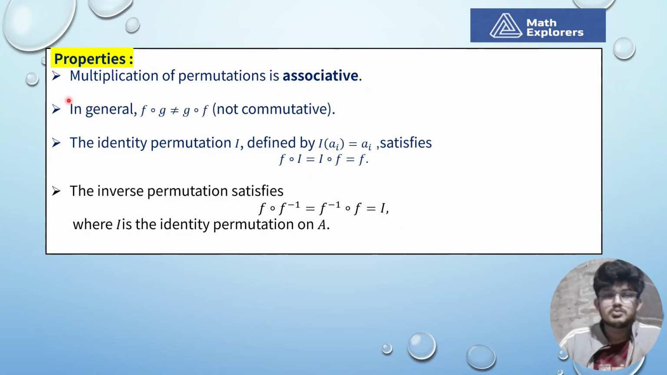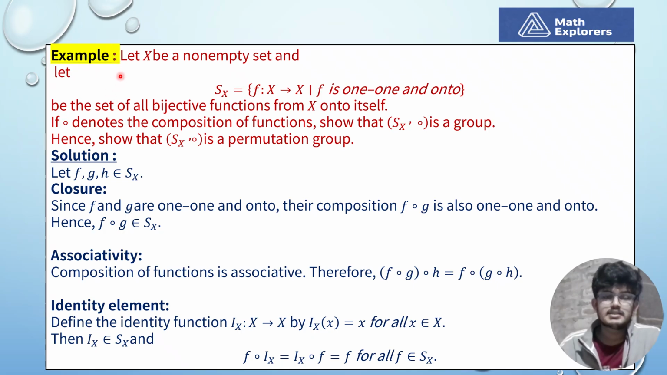Now the properties we have covered. First, multiplication of permutations is associative, it is obvious. In general, F compose G is not equal to G compose F, that means not commutative in general. The identity permutation I is defined by I of ai equal to ai and satisfies F compose I equal to I compose F equal to F, it is obvious, and the inverse permutation satisfies this property, we already showed. Clear? Now next. Now example, let X be a non-empty set,